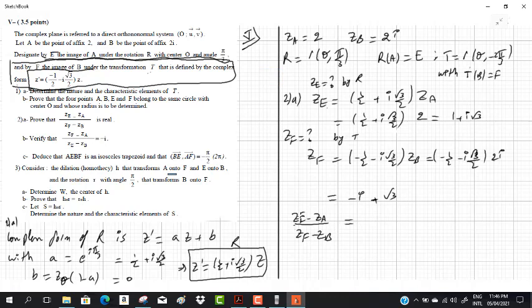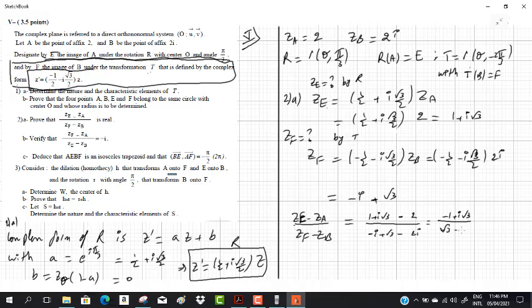ZE is 1 plus I radical 3 minus ZA, which is 2, over ZF, which is minus I plus radical 3, minus ZB, which is 2I, equal minus 1 plus I radical 3 over